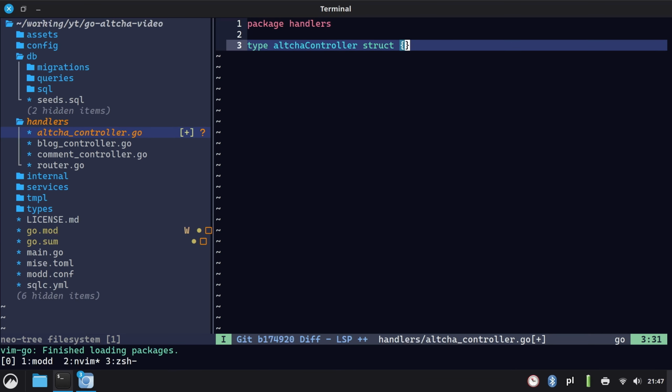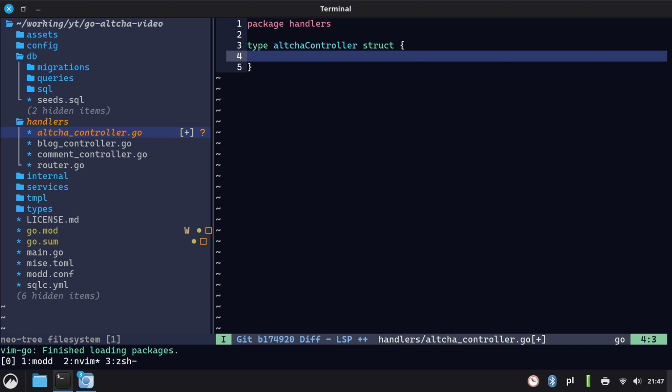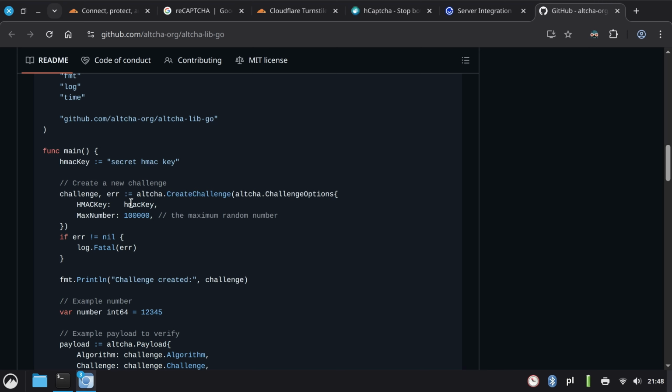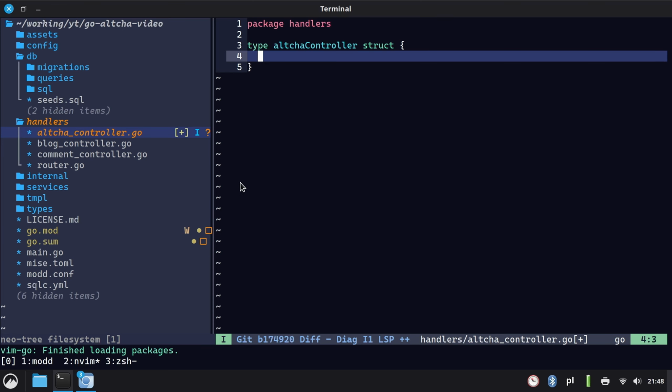This is going to be a struct, and in this struct we are going to need to store a secret, and that secret is this HMAC key, and this HMAC key has to be a high entropy random number, a random binary, and in this application we can just generate a random number. So yeah, I'm going to store the HMAC key in here, and it's going to be a binary,